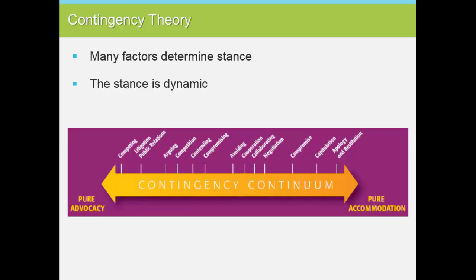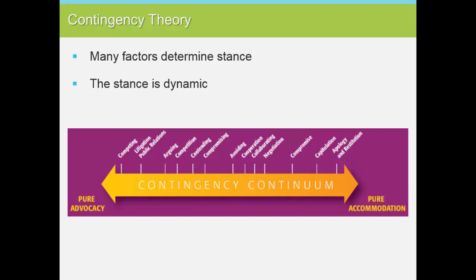the organization. Contingency theory places public relations strategies on a continuum from pure advocacy for the organization to pure accommodation of a public. At one extreme, the public relations practitioner only considers the needs and wants of the organization and completely disagrees or refutes the arguments of the other group. This stance is called pure advocacy. The organization might consider such responses as litigation against a party making false accusations.